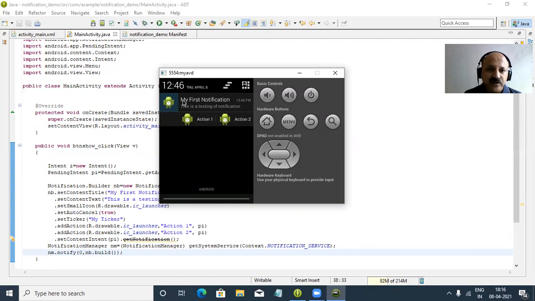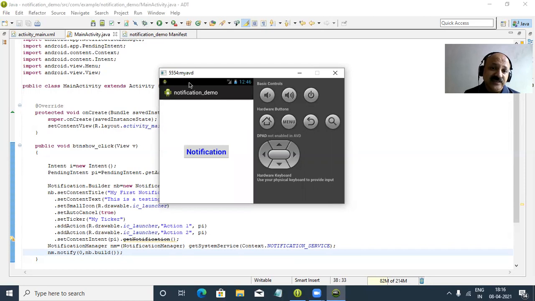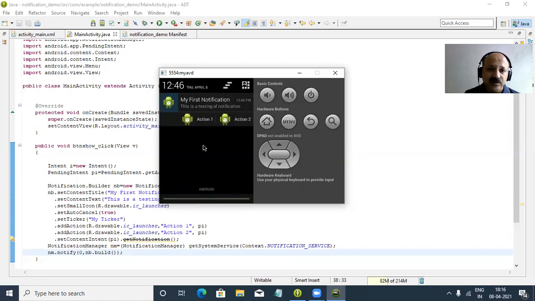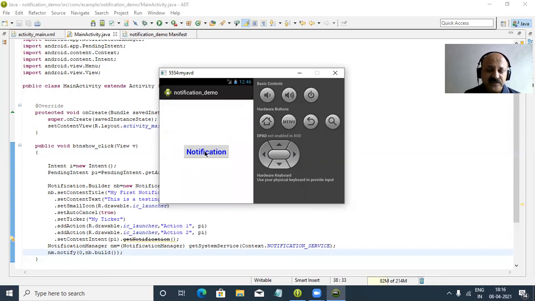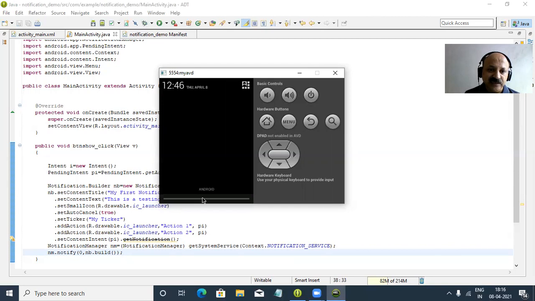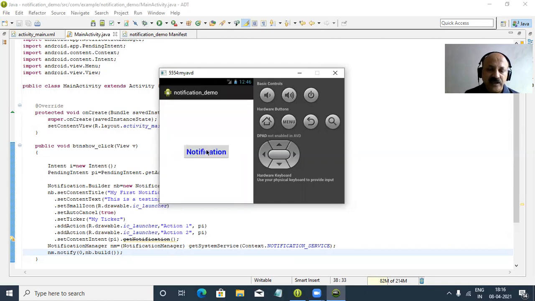So after that my title, icon, this is our content message or text. This is a testing of, and there are two actions. So after you can click here, that will take some action, but here I did not bind that part. So after that in a simple way, first, yes, there is no notification, that is cancelable set, and now again I click the last time. So you can look, my ticker disappears.